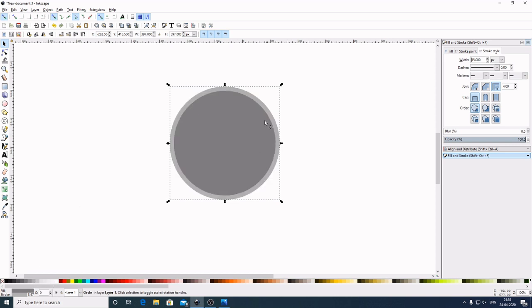Now by holding Shift on the keyboard select this 30% gray color. So we have this. To give a color to the stroke we have to hold Shift on the keyboard and select any color. Now I will come here and give it a 30% gray color. Now let go of the Shift and select out of the graphic to deselect.